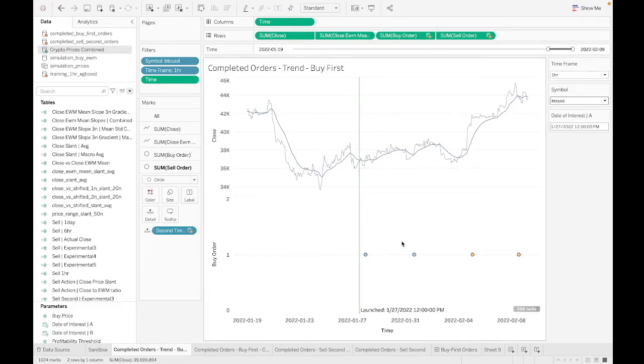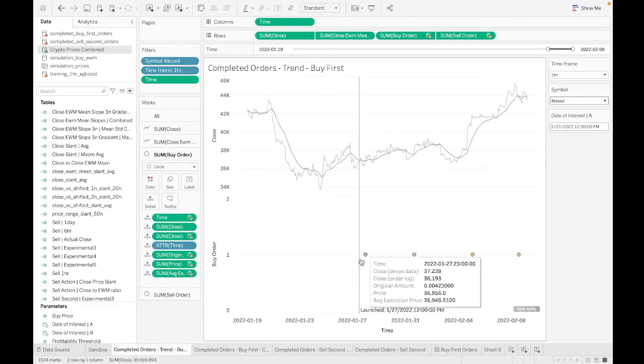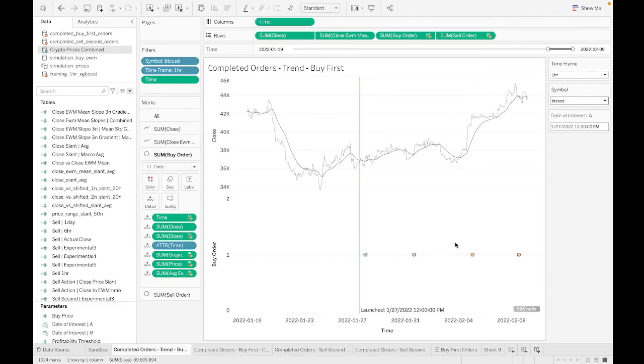The blue dots are where the system bought, where it bought into the market. We could see here, I like this, at some little dips it decided it was time to buy, and it did that pretty early after putting this thing live. It said, yep, this is a local minimum that I like. So is this. And over here on the right-hand side, you're going to notice that there aren't any more blue